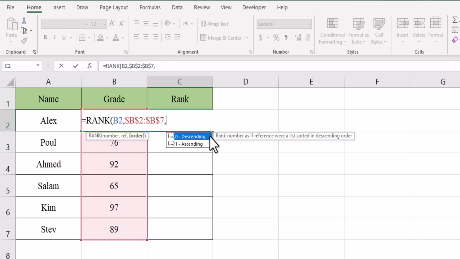Here we have two options, descending and ascending. If we choose descending, the highest grade will be number 1 and the lowest will be marked as the last. Conversely, if we choose ascending, the lowest grade will be number 1 and the highest will be marked as the last. We will go for descending, close the bracket,